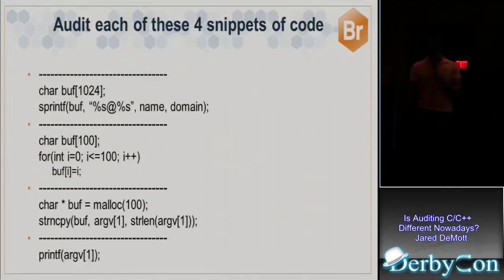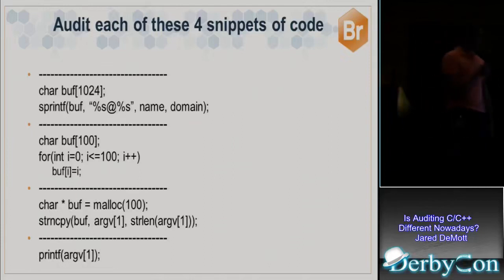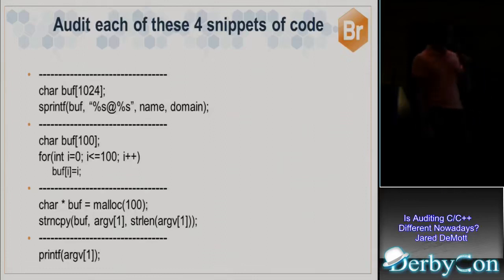Okay, so the way I do this, and these are from the class I teach, these simple examples, is we just look at the first two lines of code. Does anybody know the first 2 lines? Is that a problem or not? Does it look okay? Looks, no. So what do we have? Char buff is a local variable, right? Buff is 1024 bytes on the stack.